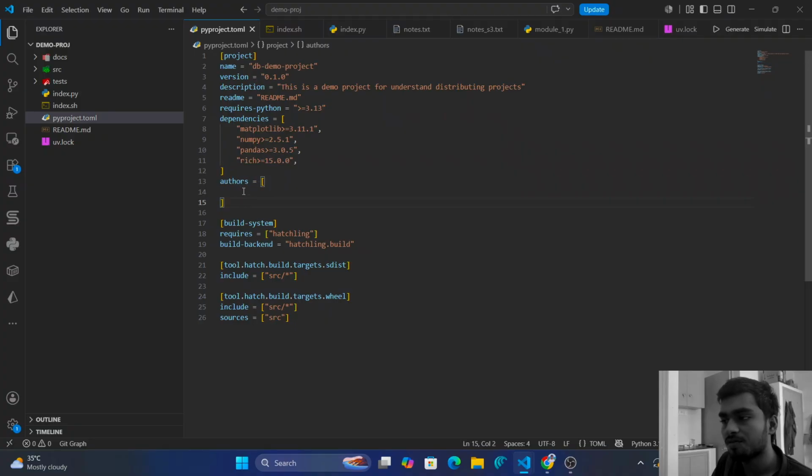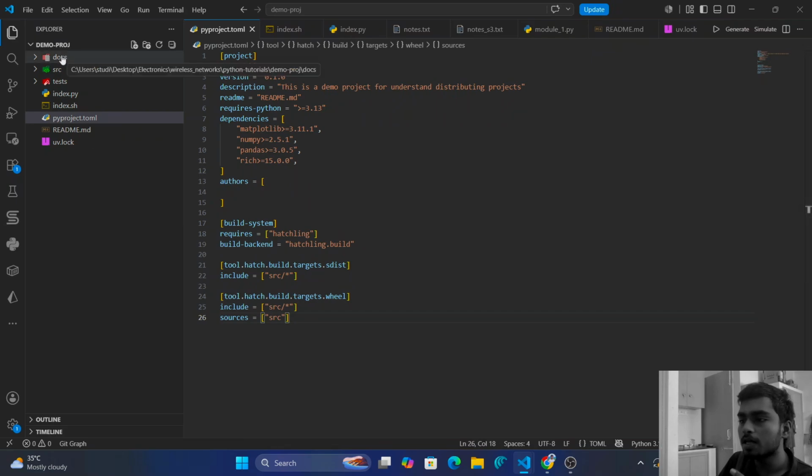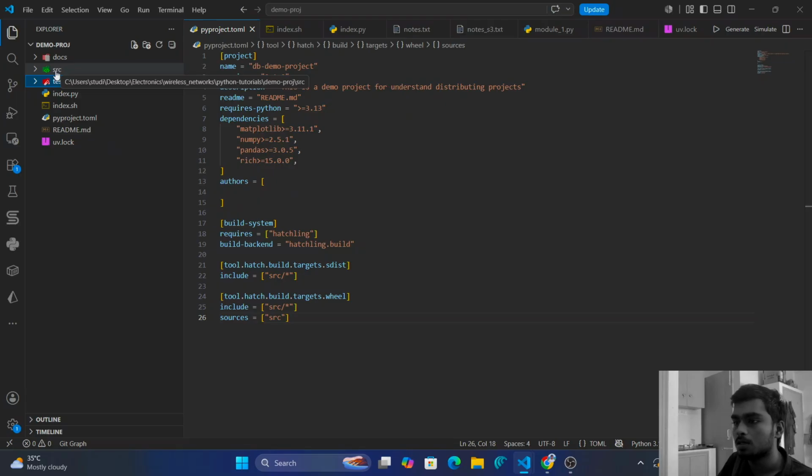Then you can have the author's information. I left it blank here. Then the build system: what are the tools that you use to build the project? And see, I told you, right? We do not want to expose the docs. We do not want to expose the test folder to the user. These are for development purposes. While distributing the package, I only need to distribute the source folder. So that's why I'm saying,